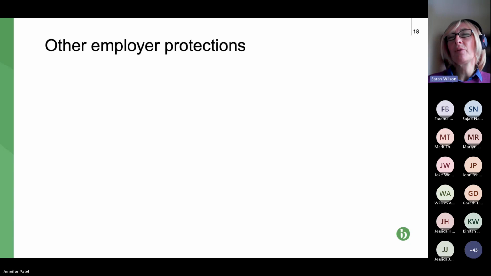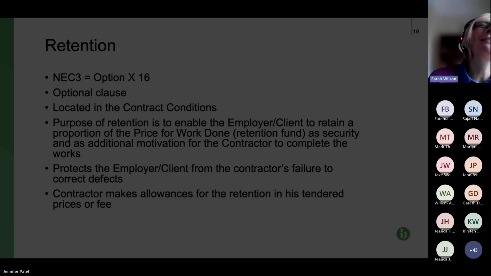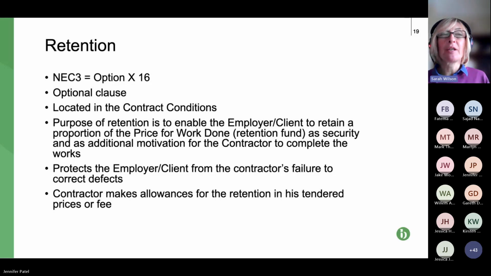Okay, so on to the other employer protections. So if we can move on to the next slide, please, Jen. So the first one is retention. I think we can deal with this fairly quickly because I'm sure you understand what this is about. It's dealt with in NEC 3 as an option clause, so it's X16. Again, if it's not included when you're reviewing your contract prior to signing it, make sure that it's not included in your Z clauses,